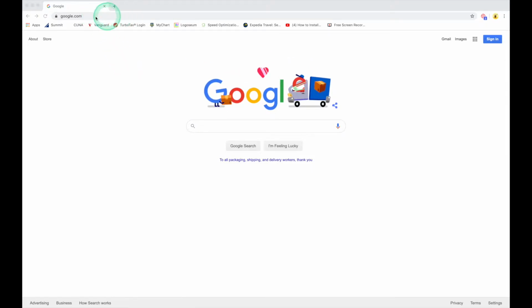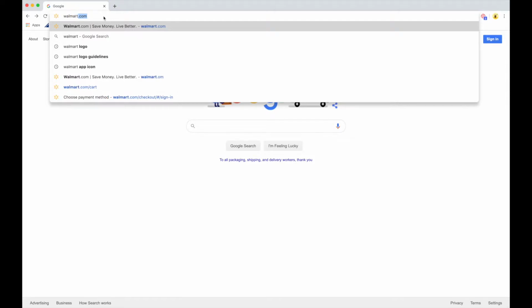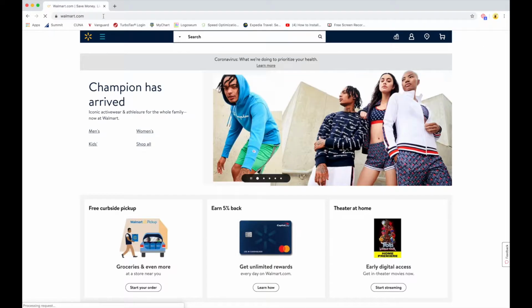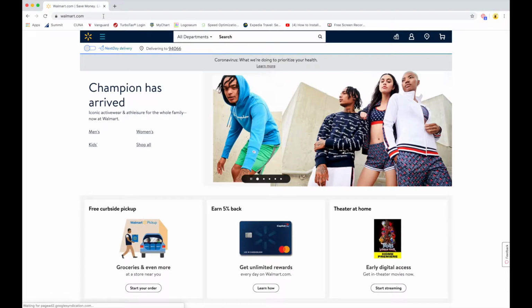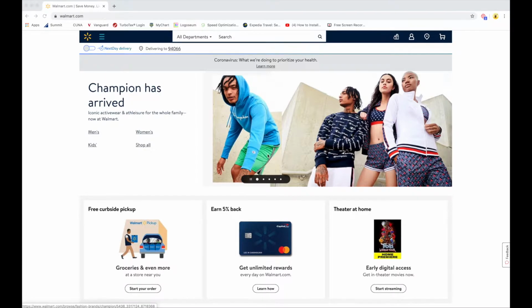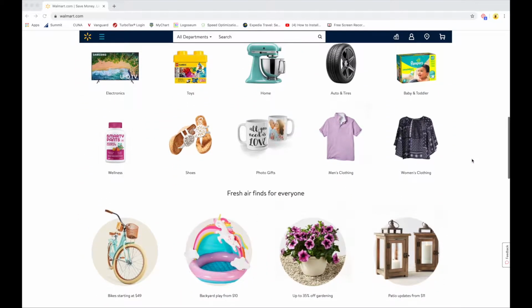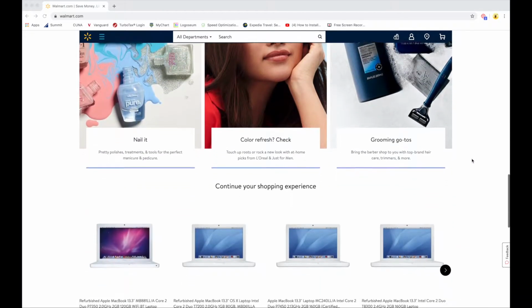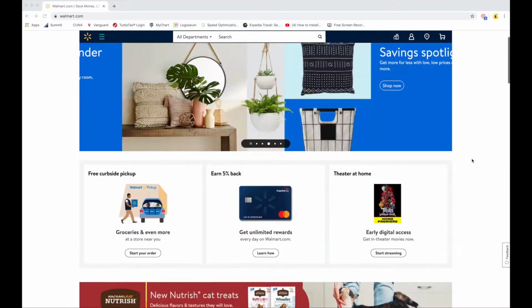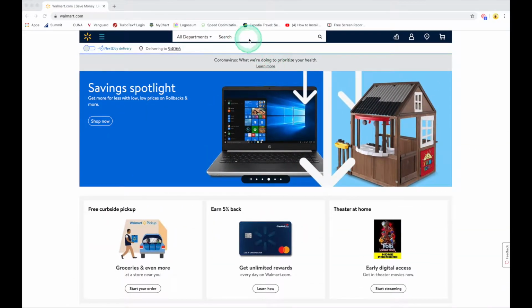I'm going to go right up here to my address bar, give that a click, and type in Walmart.com. I hit my enter key on my keyboard and it brings me directly to Walmart's homepage. From here on the homepage, I can scroll down, see if there's anything in particular that might be of interest to me immediately. But in most cases, I'm going to use the search bar that's at the very top of